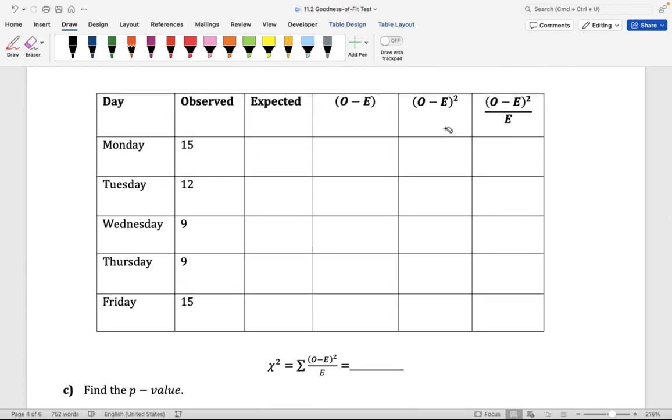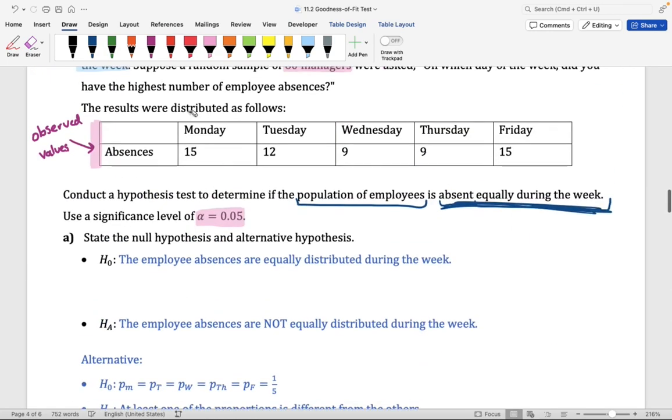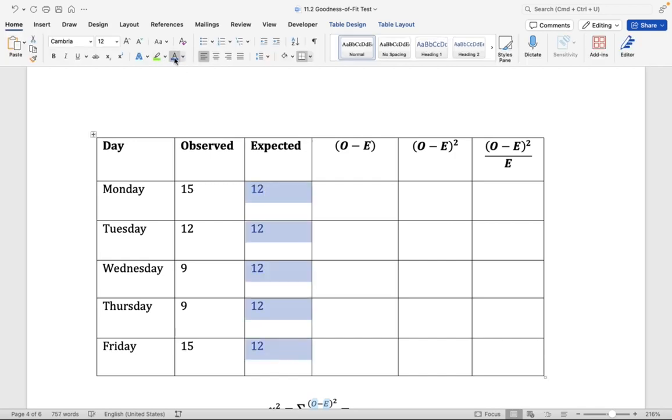Remember, when finding the test statistic, we need to take the observed value minus the expected value. We're going to square that expression, and then we're going to divide by the expected value. The observed values are the values that we got from the sample, the values that were given to us on the table here above. So we have those values. Let's go ahead and write the expected values that we found. The expected value for each category is 12. So let me show you how to calculate O minus E squared divided by E.